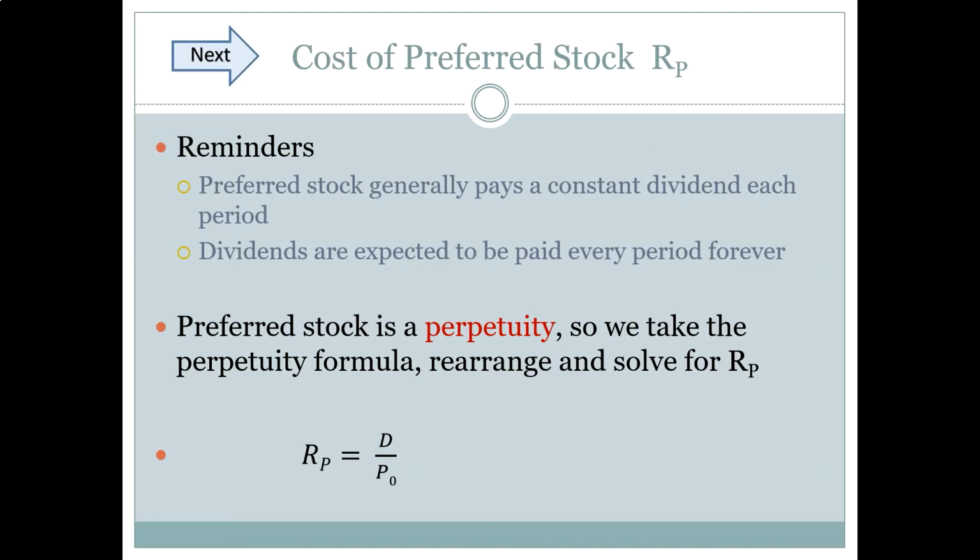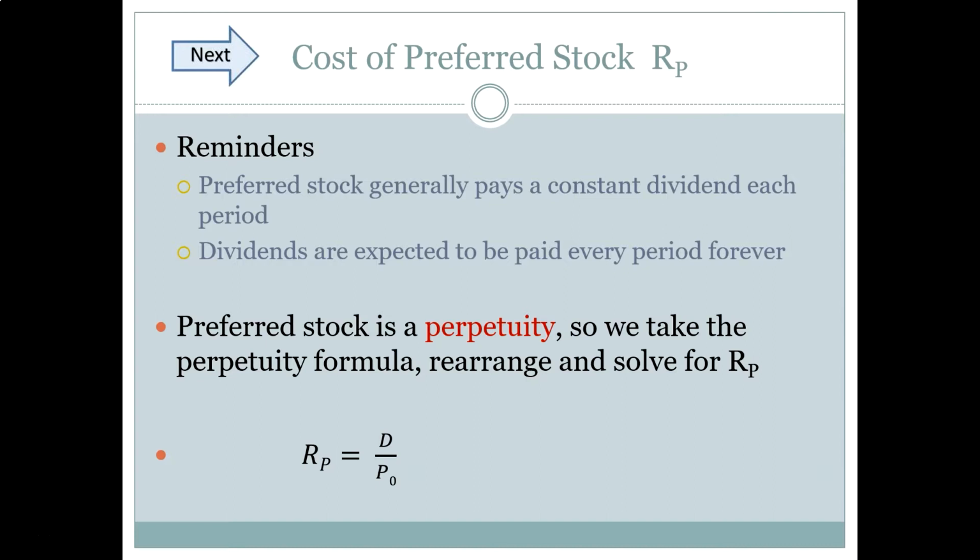Now, the last source of capital that we're going to consider, the third of the most common, the big three, I guess, the most common capital sources for a firm, is preferred stock. And remember, it's been a while, but all the way back in chapter 8 when we talked about stocks, we talked about a special kind of stock called preferred shares, where preferred shares act a little bit like debt and a little bit like equity. And that's because they have some special characteristics.